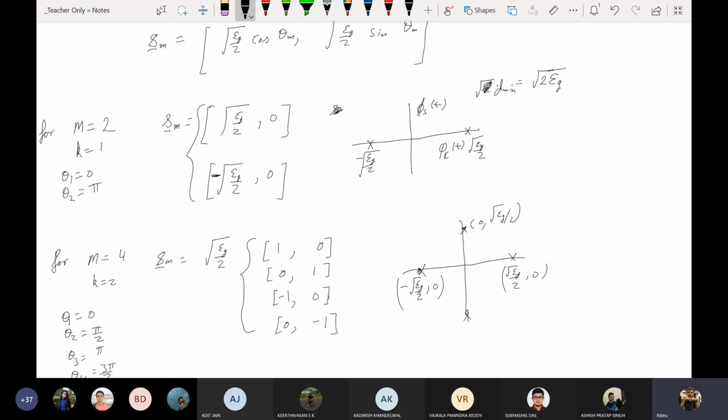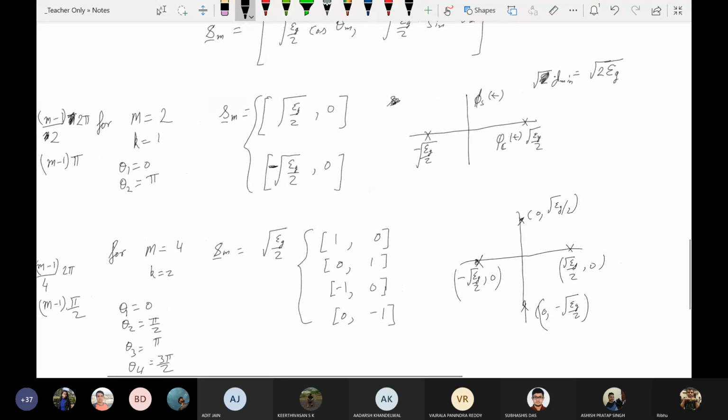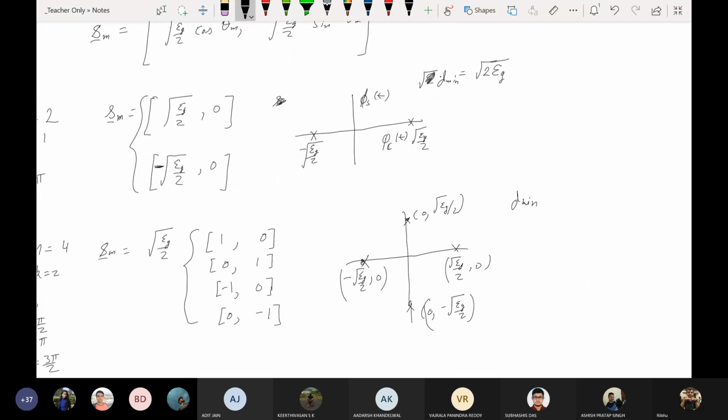Use crosses everywhere. Fine. So now, based on this, the minimum distance between two points is root over EG. Fine. So now similarly,